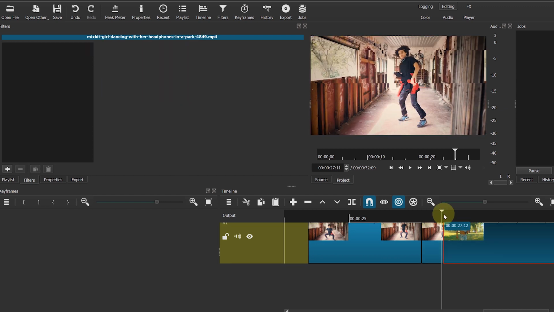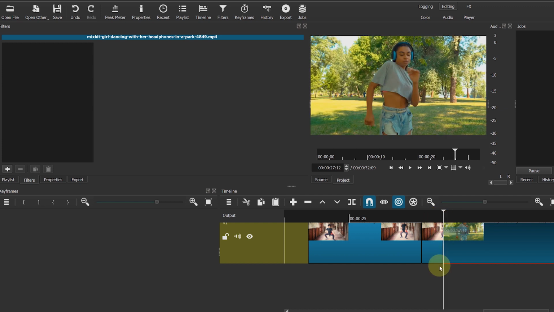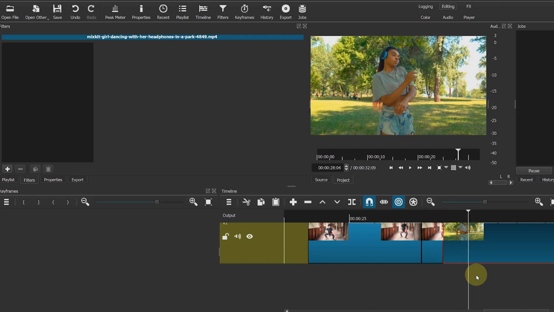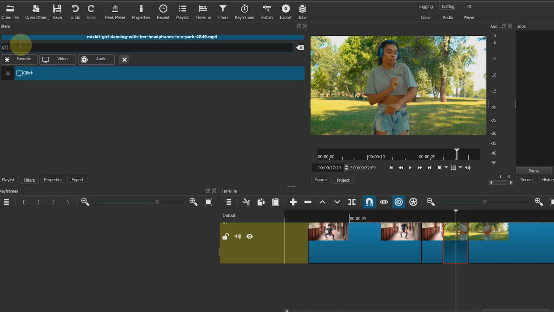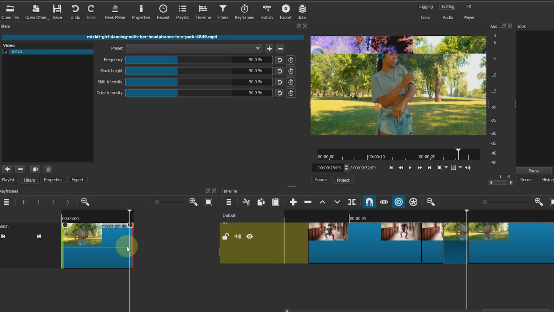In timeline panel, again place your playhead at the middle of the two clips. Hit your right arrow key 15 times and split your clip there. Select that clip, click on plus button, look for glitch. And in keyframes panel, move your playhead at the end of the clip and make all the values 0.